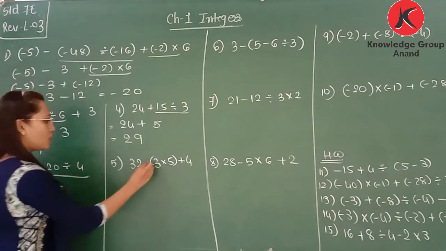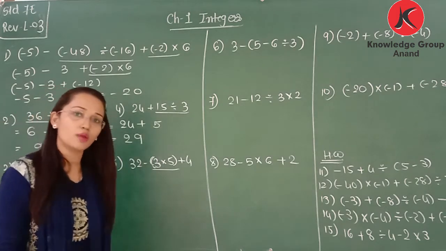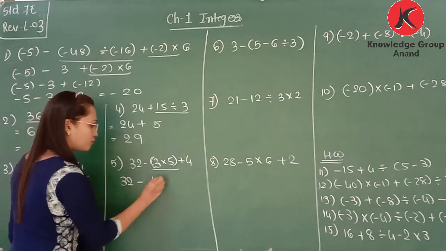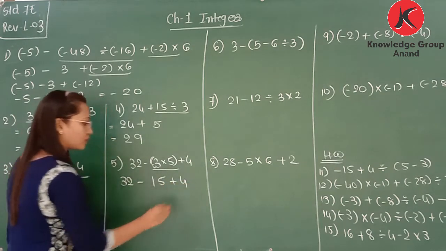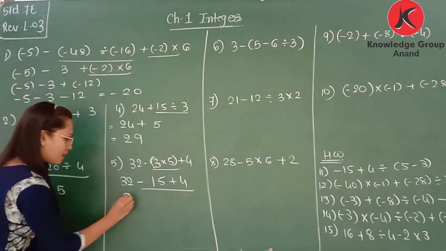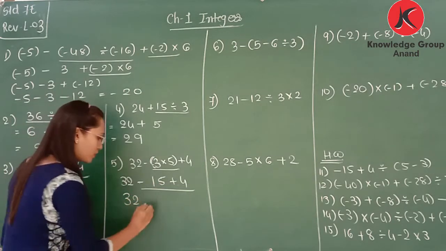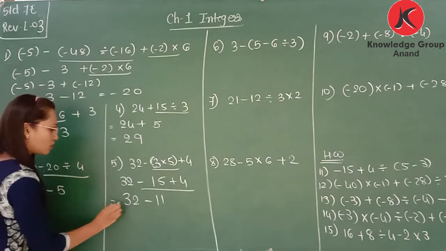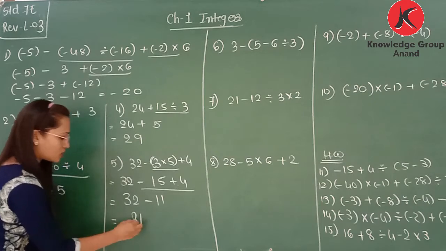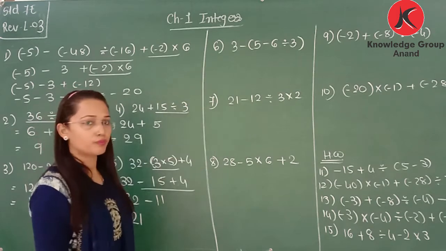Now next one, here a bracket is given. So before division, if there is a bracket, then solve the bracket first. So 3 5s are 15. So -15 is there, plus 4. Now -15 plus 4 is -11, because one negative, one positive, so subtraction. 15 minus 4 is 11. The bigger number is negative, so it is -11. Now again perform the subtraction. Clear? Now next, example 6.